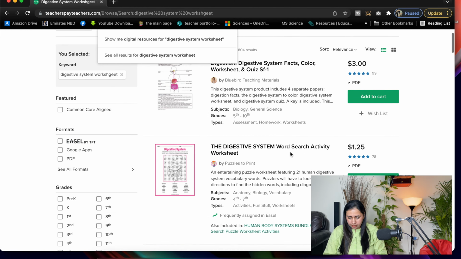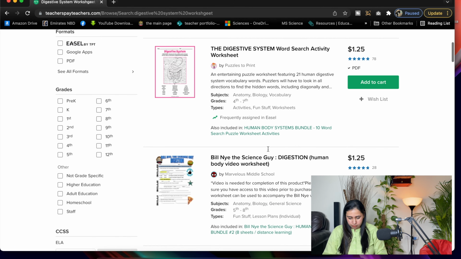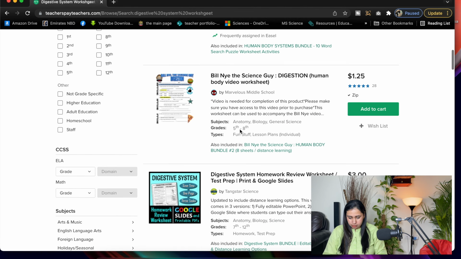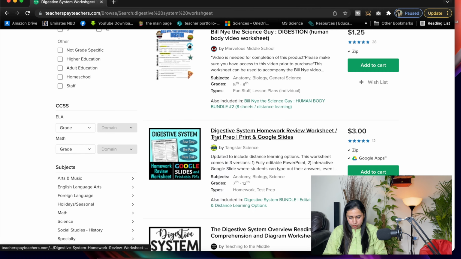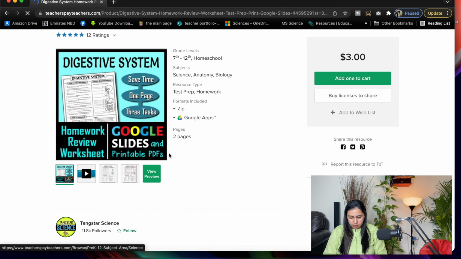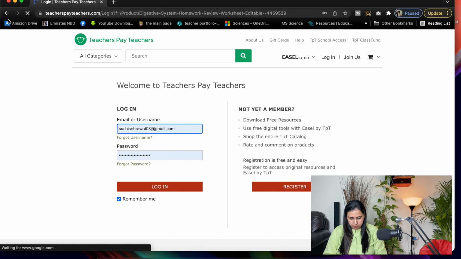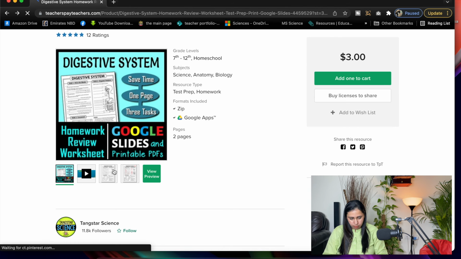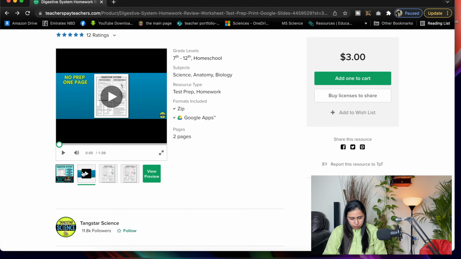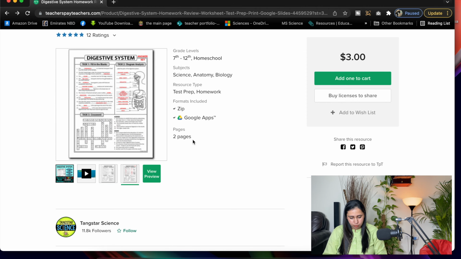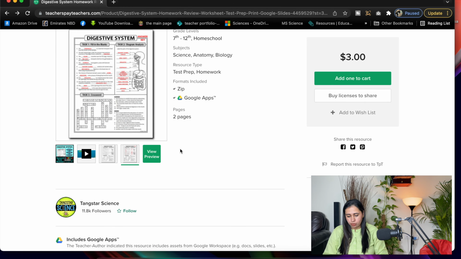These are priced at $3, $1.50, and $1.20. You can see the preview, and they have print and Google versions. I need to log in here to see the preview. So you can see this preview, and then if you feel, you can buy. That's how other teachers will see your worksheets and templates, and they will buy them from here.